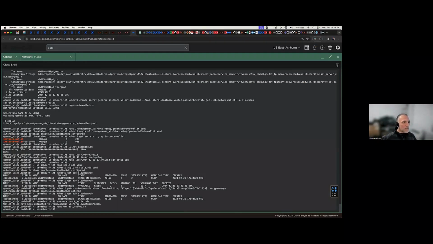So now I want to connect and I want to do SQL Plus, for example, could be SQLcl, just SQL, you know. I'm going to do SQL Plus and I'm going to do admin at, but I need the name of the database. And I think that it's right here, okay? DB name. Okay. And I'm going to use medium, so I know it's there. Okay, so let's see if everything is okay. Okay, let's see if it works.